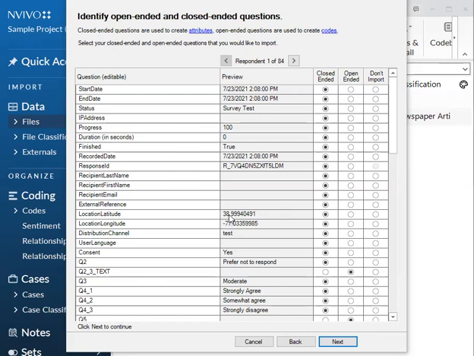Closed-ended responses are normally the more traditional, a multiple choice or something where they have to select their responses from preset options. It's not that they get to respond however they like. So open-ended is more text free response, and closed-ended is more selection-based answers.